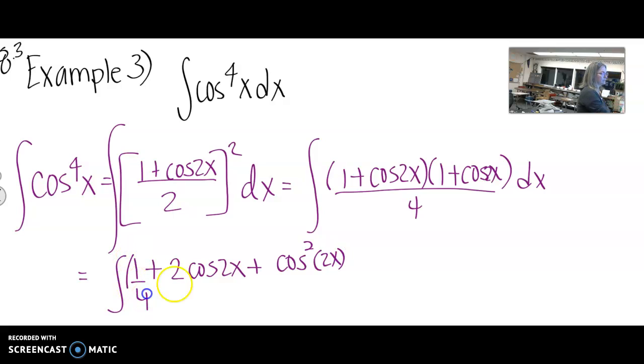And we can put each of these over 4. Dx. All right, so